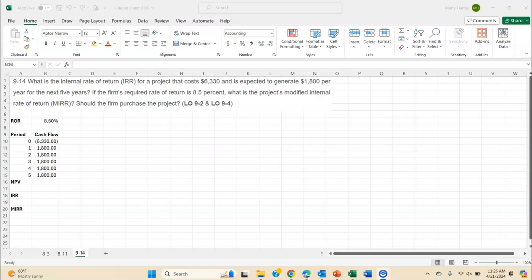So this is problem 914 from chapter 9, problem 14. Chapter 9 is called capital budgeting techniques, and so we have various measures to analyze projects and determine whether or not they will add value to the firm. Among those is net present value, which is not requested here, but we're going to go ahead and calculate it. And then internal rate of return, which is the most widely used, but internal rate of return is flawed